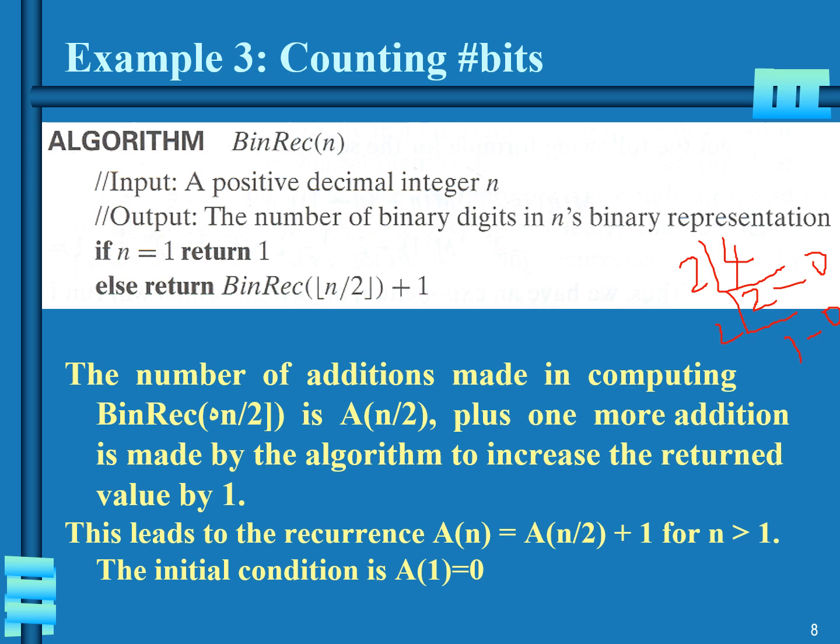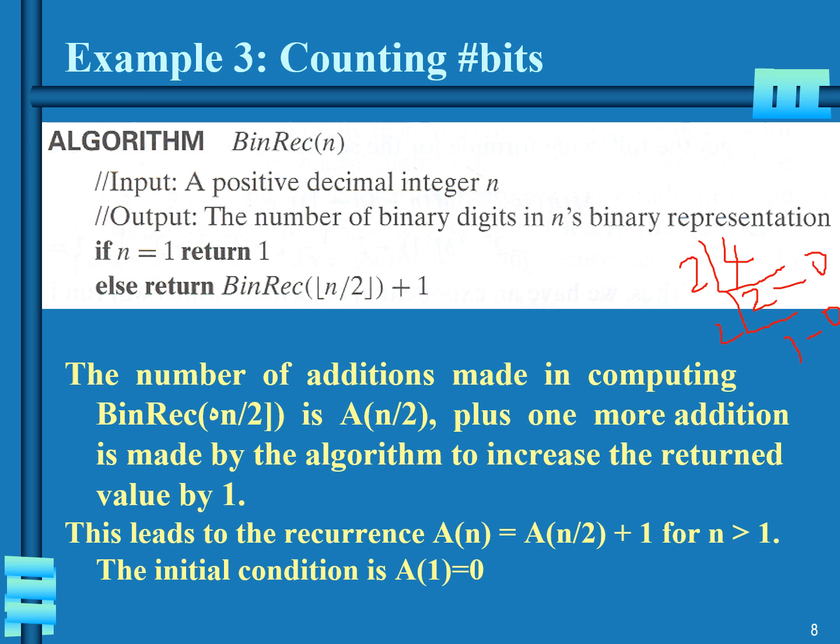So we have to set up the recurrence. The basic operation performed here is addition. Even though you are performing division, the basic operation that contributes most to the running time is addition, since our aim is to count the number of bits. So A of n by 2, and one more addition is made by the algorithm to increase the returned value by 1. Basically, this kind of problem is an information theoretic kind of problem, since